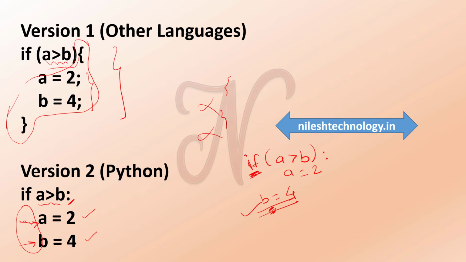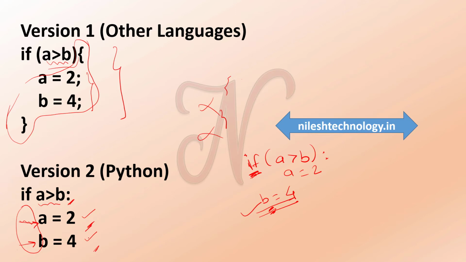This statement is ended with a colon, and white space is used to describe what takes place in case of that statement. Another difference is the lack of a semicolon in Python. Semicolons are used to denote the statement ending in many other languages, but in Python the end of a line is the same as the end of a statement. So here there is no need for a semicolon.